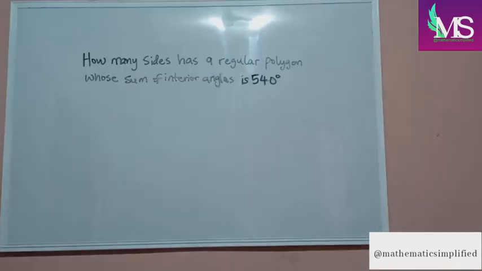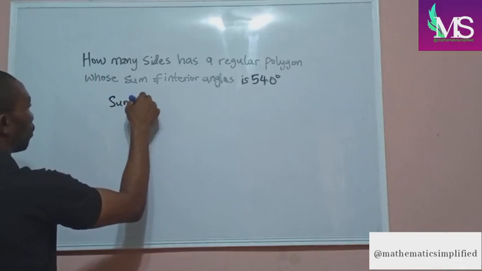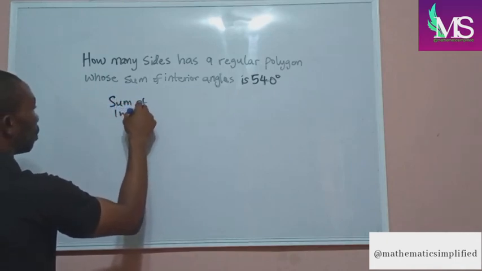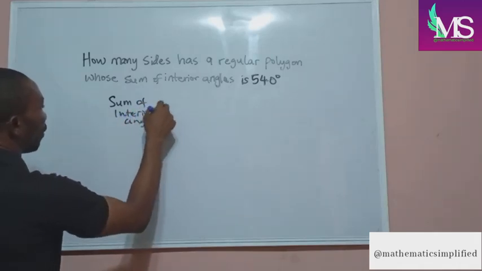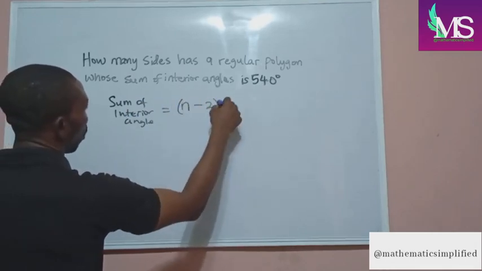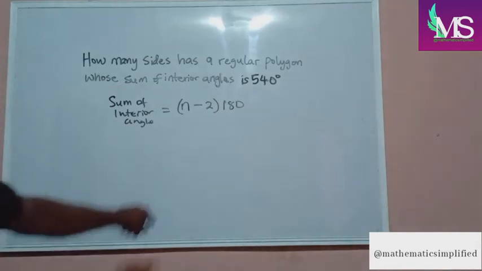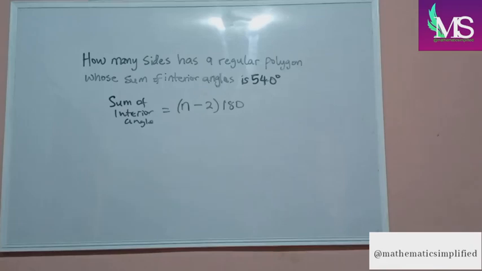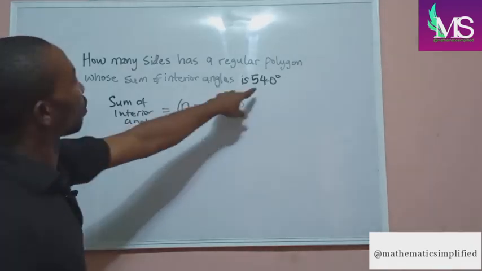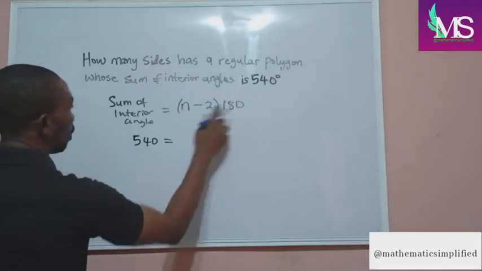How many sides has a regular polygon whose sum of interior angles is 540 degrees? Now we know that for sum of interior angles, we have our formula as n minus 2 bracket 180 degrees. Okay, now at this moment we are looking for the value of n. All right, since we are given the sum of our interior angles as 540, this will become 540 equals to, opening this bracket,